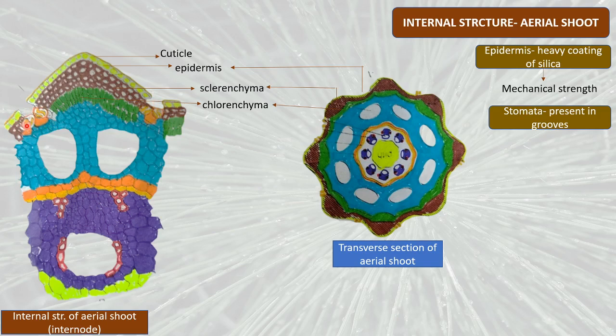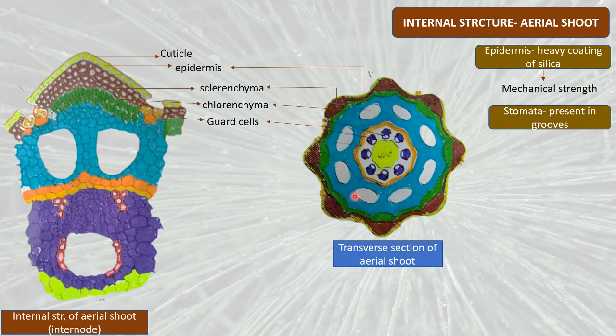So as you can see here, there are guard cells present. The orange part is the substomatal cavity, that is the cavity below the stomata, and this is the epistomatal cavity, that is the cavity above the stomata. Right, we will understand this in more detail. Now as I told, these are the guard cells. See, this same labeling I am doing here also.